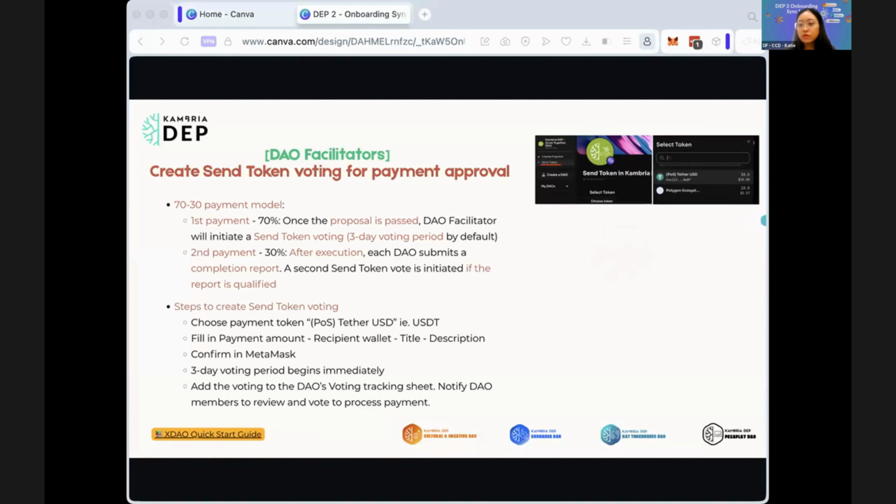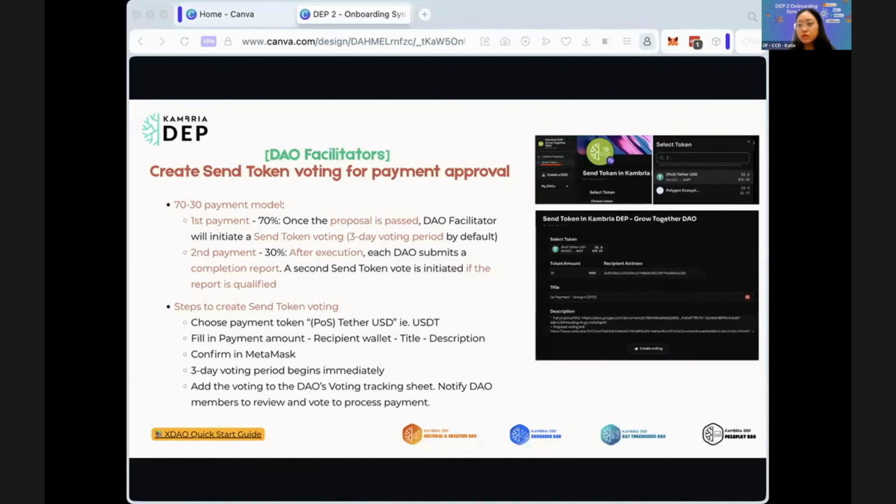Let's have a look at the steps to create send token voting. Choose payment token USDT, fill in payment amount, recipient wallet, title, description, confirm in MetaMask. The 3-day voting period will begin immediately after confirmation.